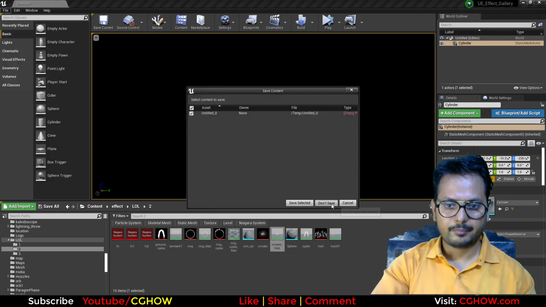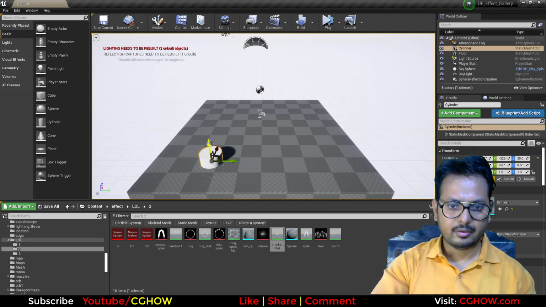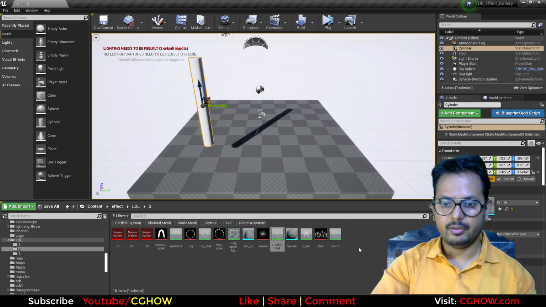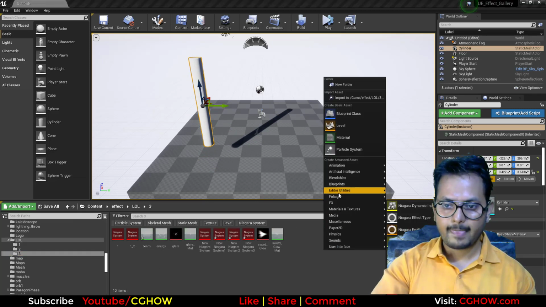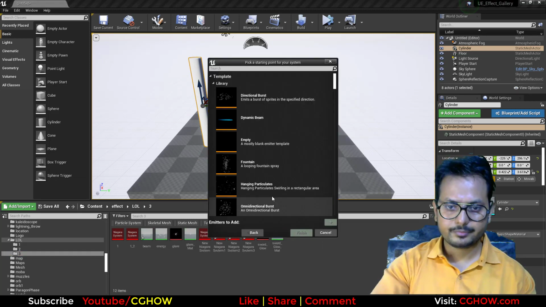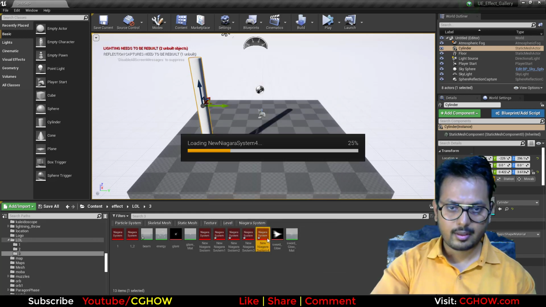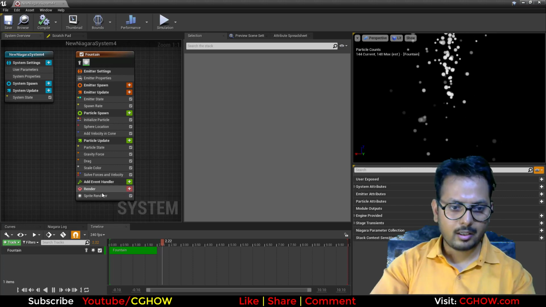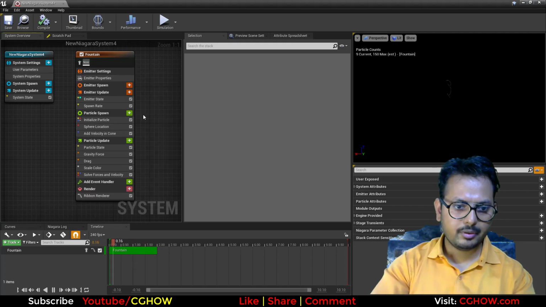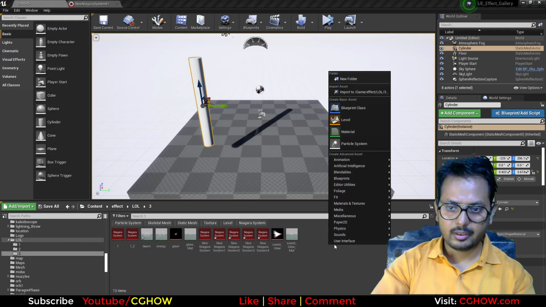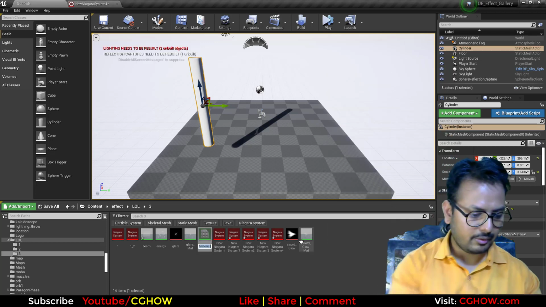In this map you have the cylinder, and this is your sword actually. This is your sword, and you want to connect a tail with this. So what I will do, I'll create one more emitter, and I'll remove this. I'll use a ribbon, and I'll make quickly a material ribbon,